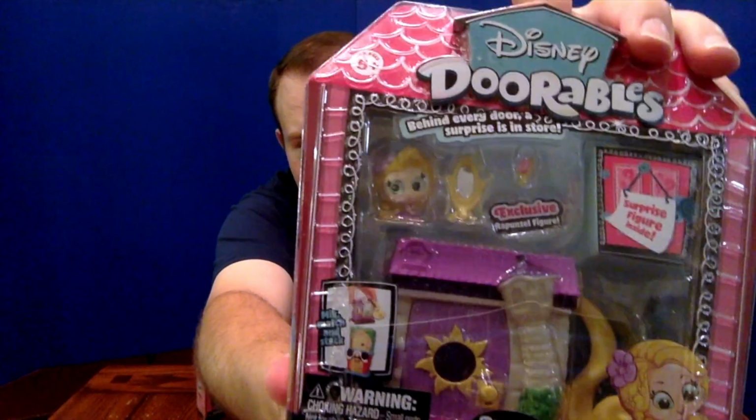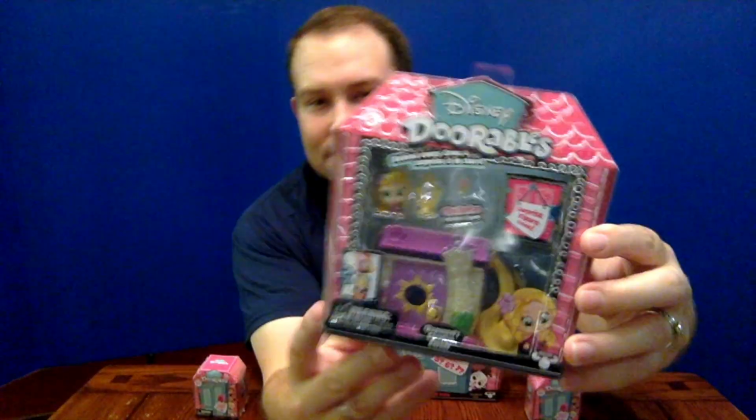You can see the Rapunzel in her packaging, and they come in a variety of different ways. So these are the little blind bag figures, and you'll find these all over the stores, but a lot of the times they plant these at the checkout, especially Target, so that if you said no to your kid all the way throughout the store, but they were good and you want to reward them, this is probably the least expensive of the items. This is more of the mid-range, and they're called Doorables because these characters pop out of